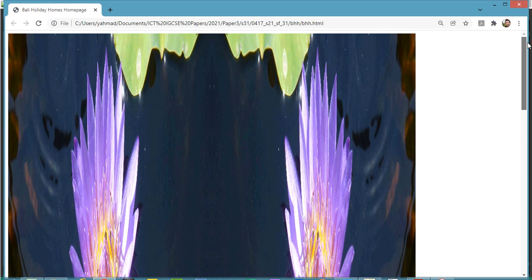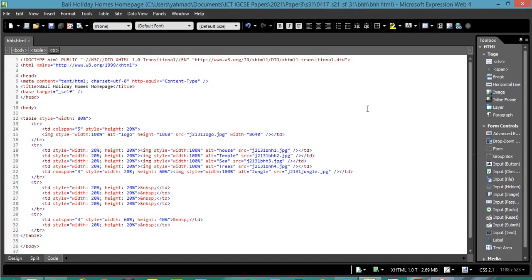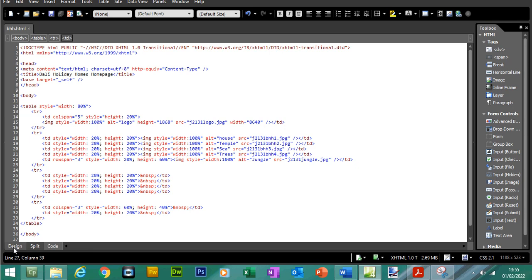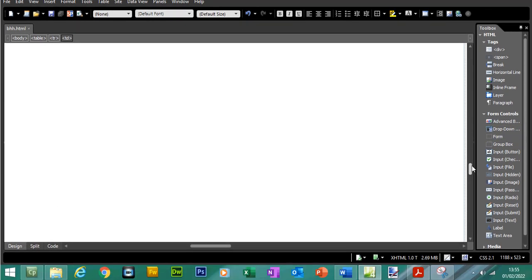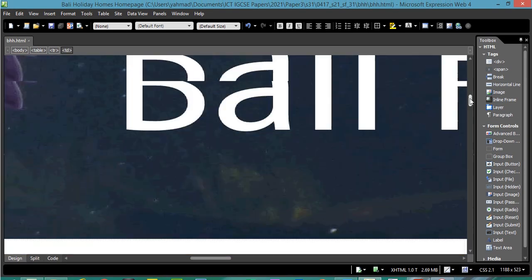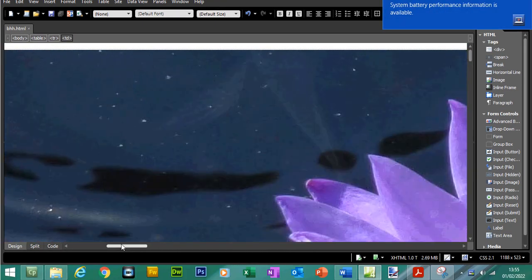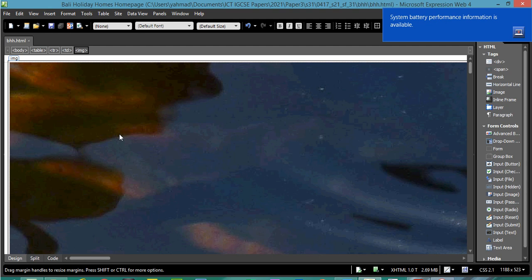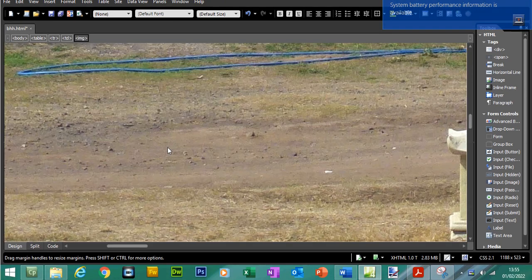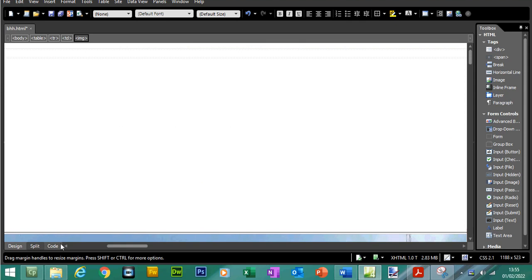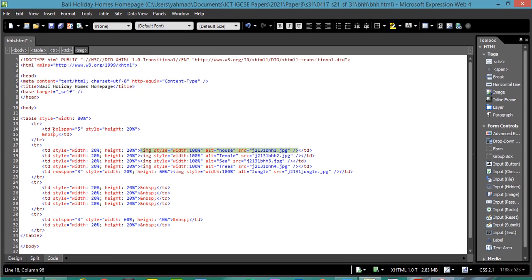Okay, something about that first picture doesn't look right to me because the aspect ratio's not being maintained. So let me just do that again. I'm not sure why that's not working properly. So let me just go back to design view. I don't like how that first picture looks. Let's just click inside the cell, delete it. And if I go back to the code view,